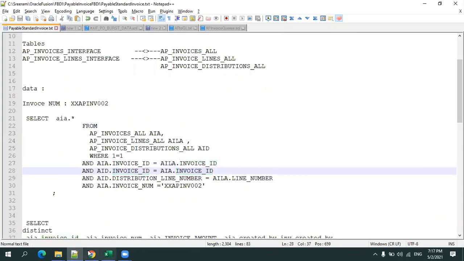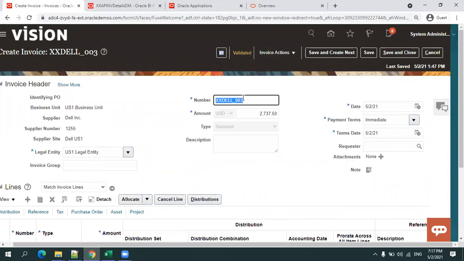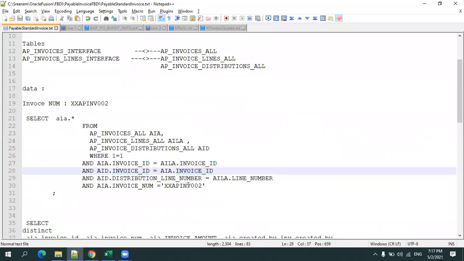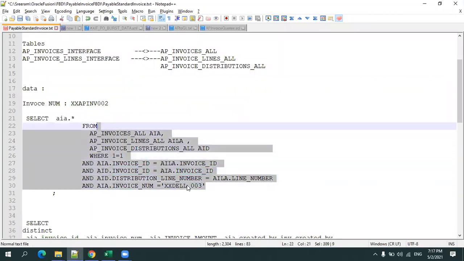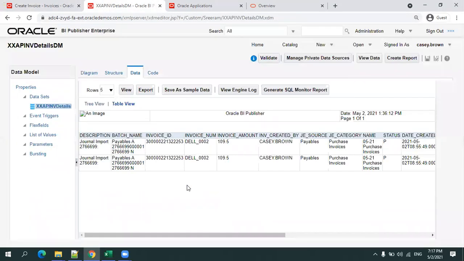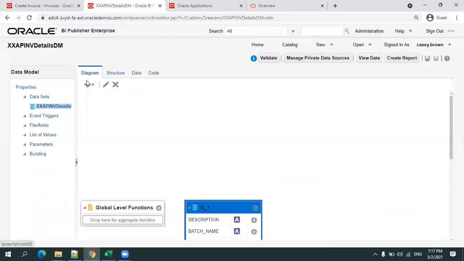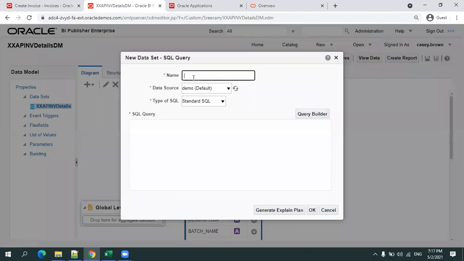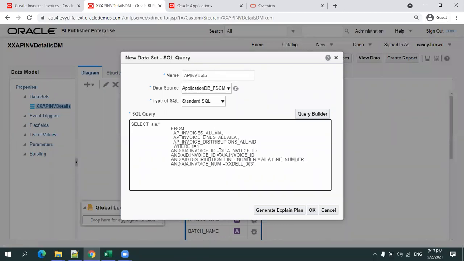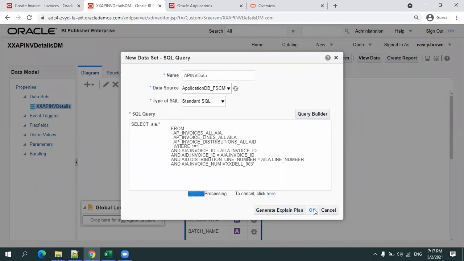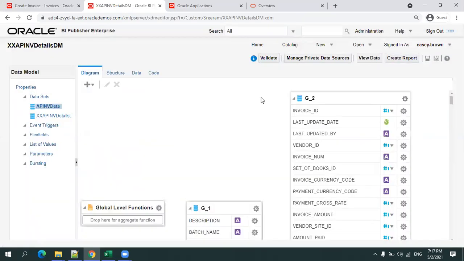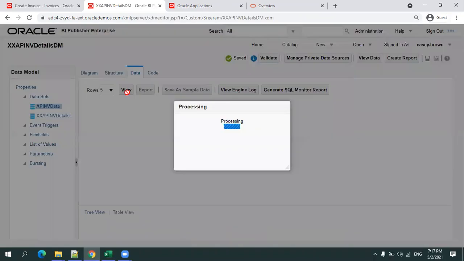As of now, the data is available in the AP invoices all table. So now I'll copy the invoice number, and let us see whether we have data in these tables or not. And of course, if you want to have the supplier details or the legal entity details, you need to join with other tables.